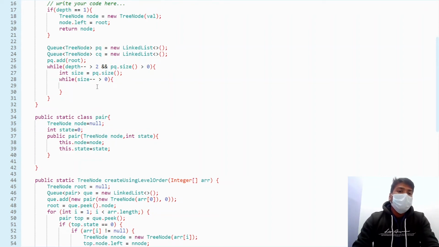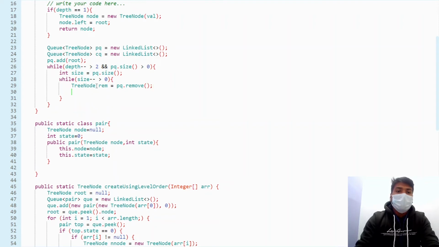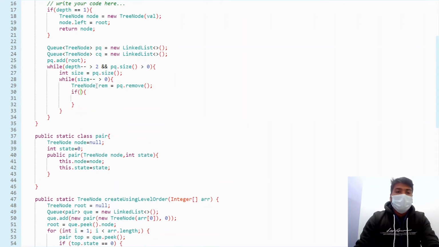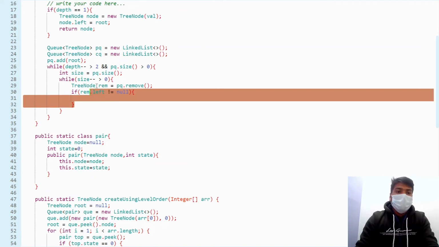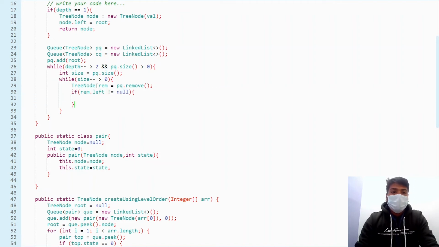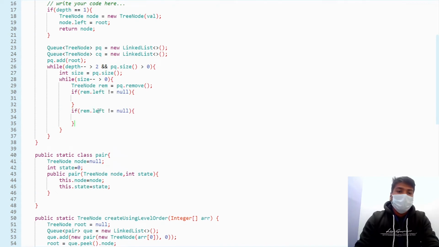So what we can do after that, we can simply write TreeNode rem is equal to pq.remove. I'll remove from here and will add into my child queue, so that I can prepare my child queue for my next level. So if rem.left is not null, then I will do something. Same for the right: if rem.right is not null,